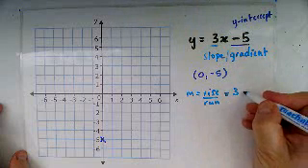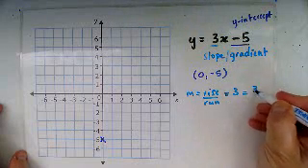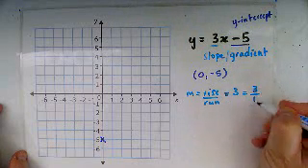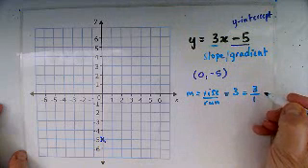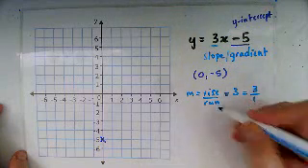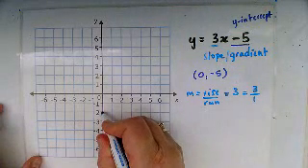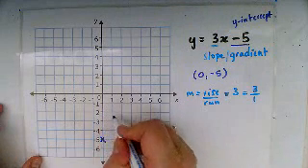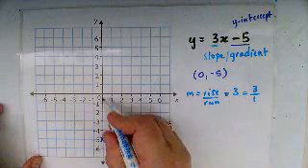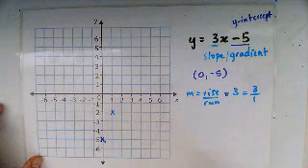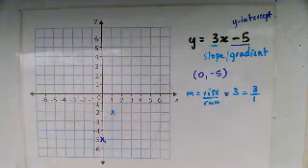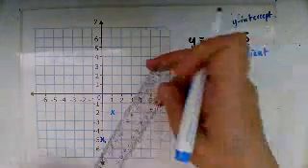Now I could rewrite that as equals 3 over 1, because 3 divided by 1 still equals 3, but now I actually have my rise and my run. So let's give it a go. 1, 2, 3, I've risen 3 and I've run 1, making sure you're reading the axes on the graph correctly. So I actually now have 2 points,